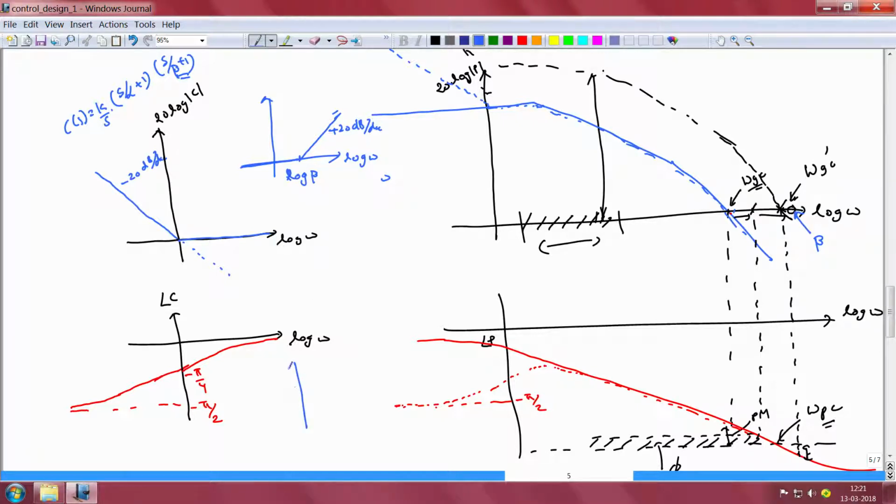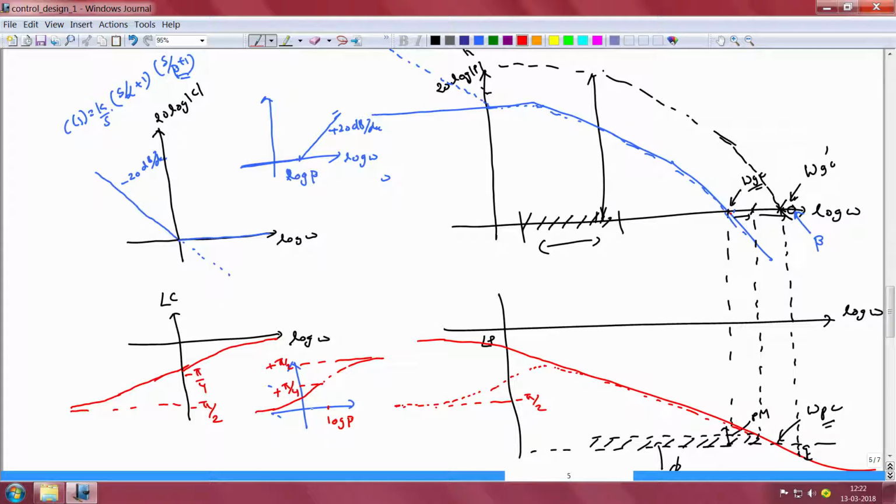The phase characteristics of this particular controller is that for very low frequencies the phase of the term s by beta plus 1 is close to 0, and at omega equal to beta or log omega being equal to log beta, the phase of s by beta plus 1 becomes plus 45 degrees or plus pi by 4, and then the phase approaches plus pi by 2 as omega tends to infinity. So I shall be consistent and represent all angles in radians and therefore relabel this as plus pi by 4.